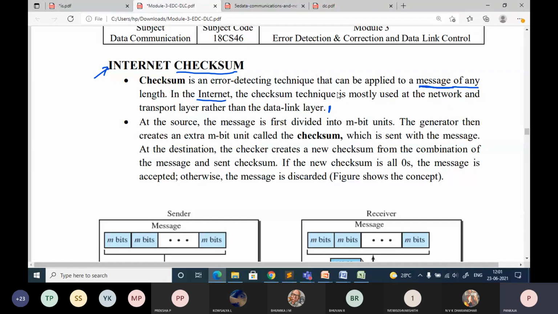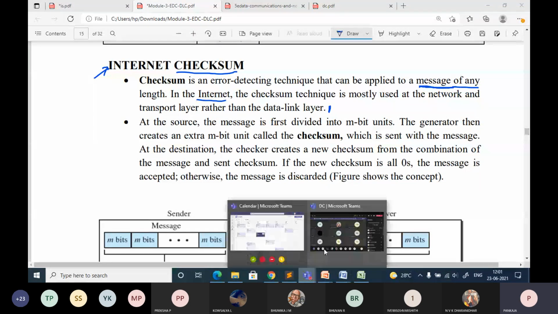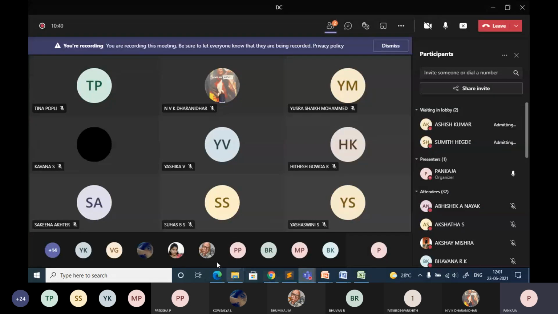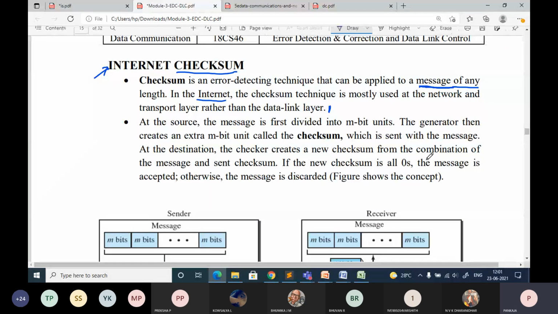The checksum technique is mostly implemented at the network layer and also the transport layer. I am now going to explain the procedure to perform this checksum operation. Listen carefully. If you understood the previous method, this is also very easy, with only a small modification in how to add the extra bits.